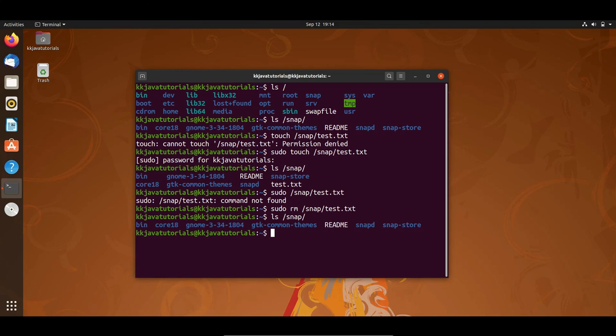So guys, in this video tutorial we have learned what the use of sudo is and when to use sudo, right? Sudo provides you a special privilege or permission which cannot be performed as a normal user. If you want to perform as an administrator, then your command has to be prefixed with sudo, and only then can you proceed with your command execution.